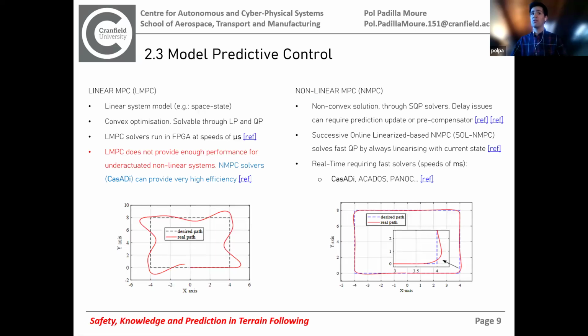If you want to study or research with nonlinear model predictive control, there are several libraries out there that I can recommend. The one that I've worked with is CasADi. You can use that directly with Python or directly in C code if you want to compile it. But you've got other options if you want to deploy it on hardware, on real systems, and test it in your lab. You can use acados or PANOC. Those are